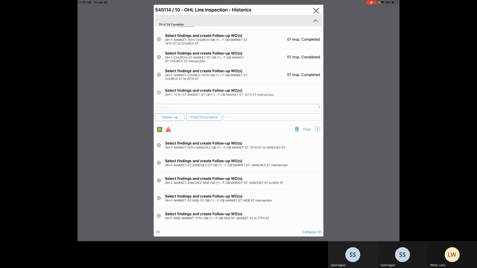Below that, you're going to notice the segment or the block or intersection that this particular checklist item is for. So to the left, you've got